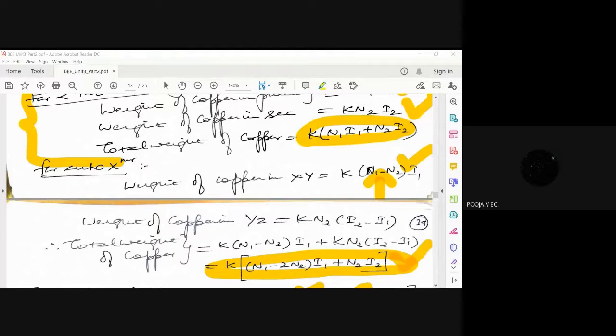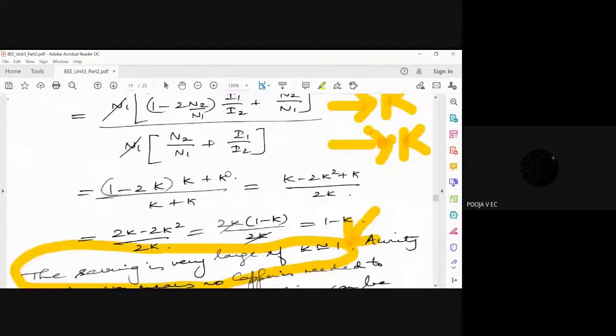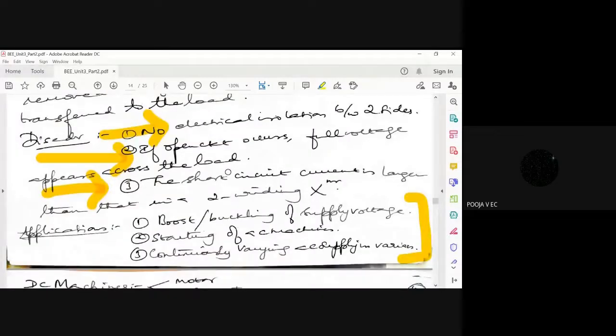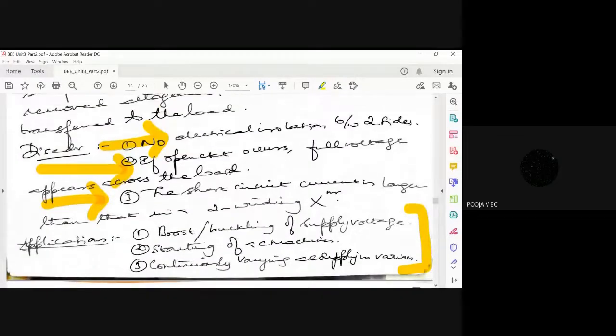Sir, in the application of autotransformer, you said that when there's a short circuit, double the current would be there. Why is it like this? See, whenever the primary and secondary are isolated, open circuit or short circuit is not a problem, because if one end is open, the other end will not be affected. When both are connected in series, when any one is open, it is naturally going to affect the other also.